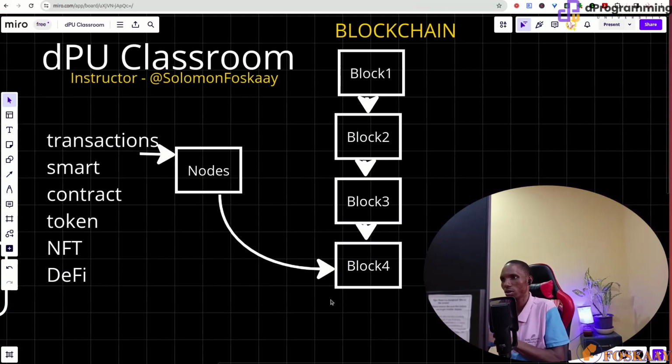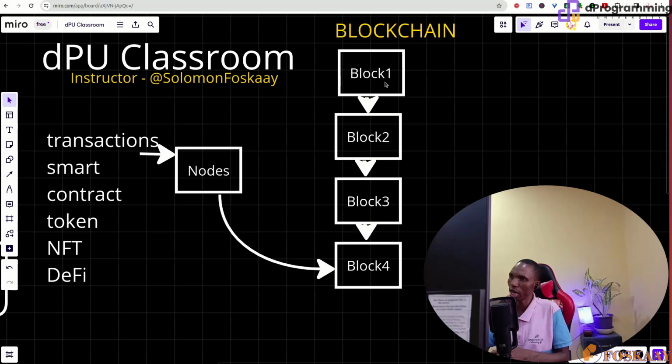so that nobody can just edit a block. Nobody can come and remove any of these blocks, because when a transaction is done, it is passed through that security hash, and a hash is gotten, which is used to create and connect with the next block.